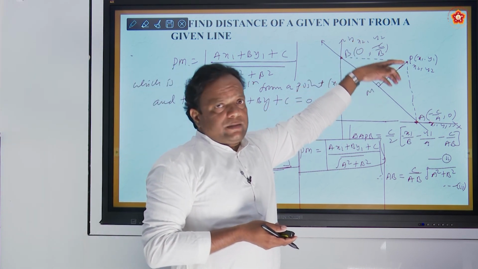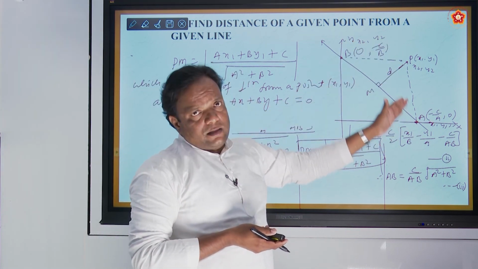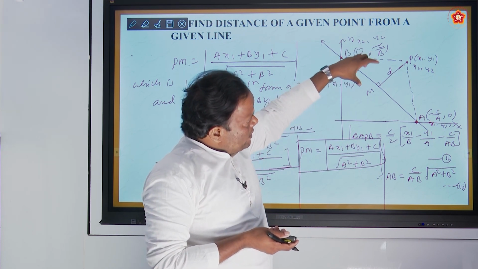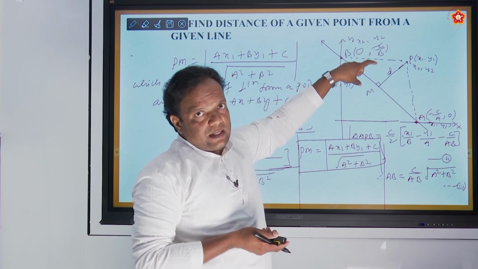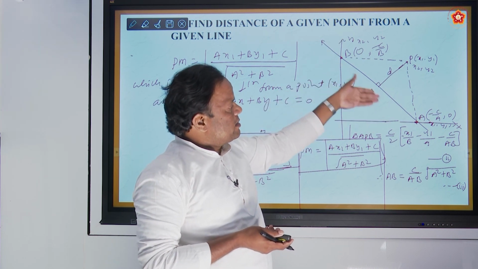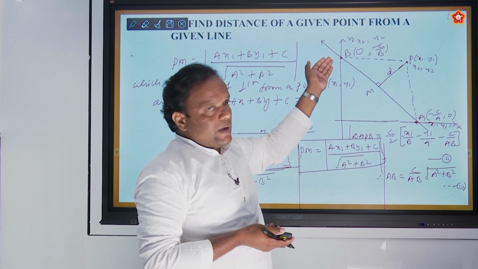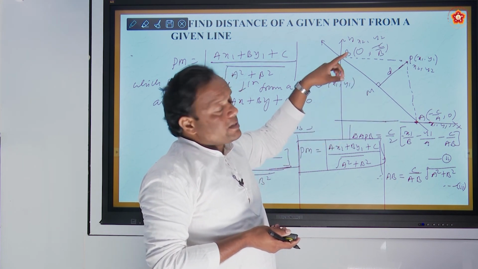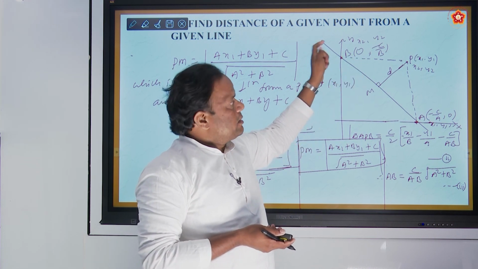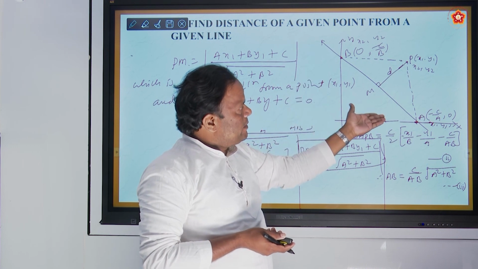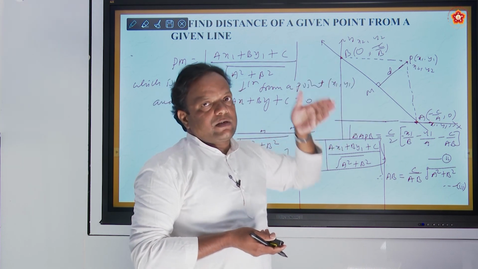Just take the point P, draw the line L, draw PM perpendicular to line L from P. That is our required length. We have to find that length. Take point A here, that line cuts the x-axis at A and the y-axis at B. Find the A coordinate and find the B coordinate. Find the area of triangle using the area of triangle formula, height into base. Then you find the area of triangle APB by taking vertices. Find the distance AB. Substituting all three values, we got PM.